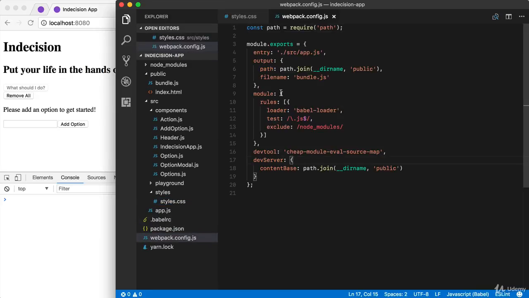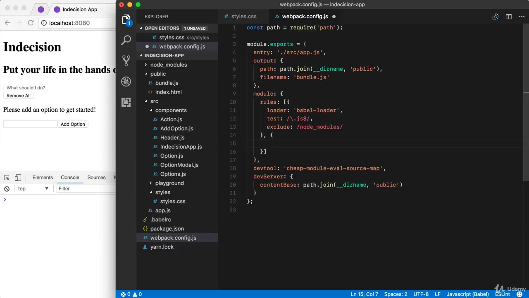So far, we've only used Webpack to work with our JavaScript files, but we can also use Webpack to work with our styles files, whether it's SCSS, less, or regular old CSS. Now to do that, we have to start by specifying a new rule. Here, for example, we specify a rule that tells Webpack to run Babel whenever it encounters a JS file. What we need to do is run some stuff whenever Webpack encounters a styles file. So we're going to be setting up a new rule right here after our existing one. I'm going to toss on a comma, adding a second object to the rules array,